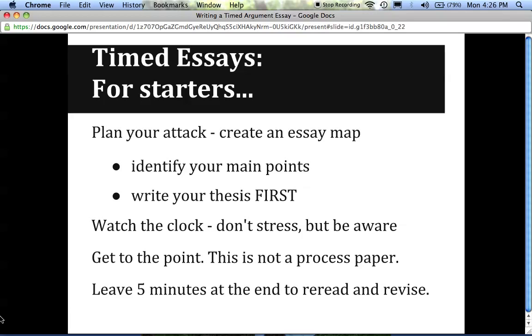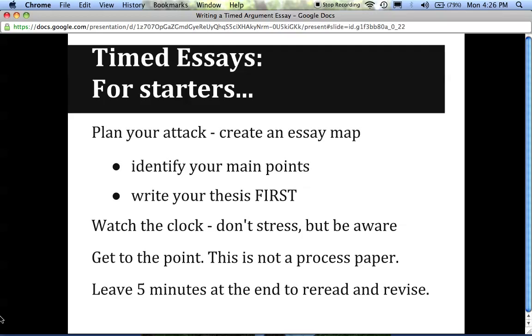You want to watch the clock. Don't stress, but be aware of your time. How much time do you have for each part of the essay? You want to get to the point. This is not a process paper. It's not a paper that you get to take home. You don't have a couple days or a couple weeks. You have about 45 to 60 minutes to write it, so you want to get to the point, be clear